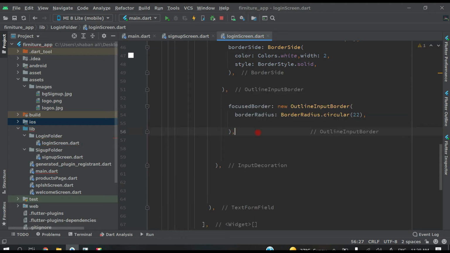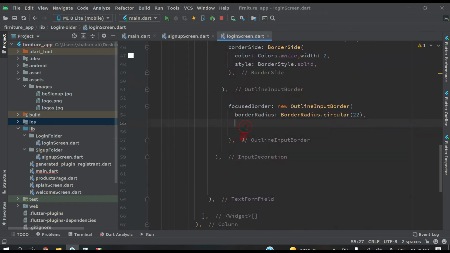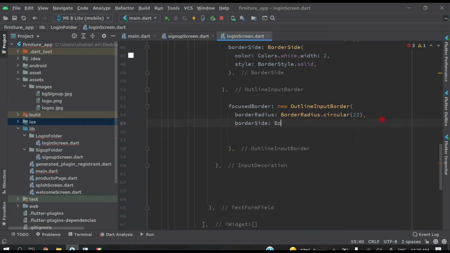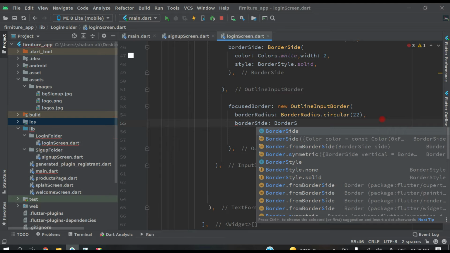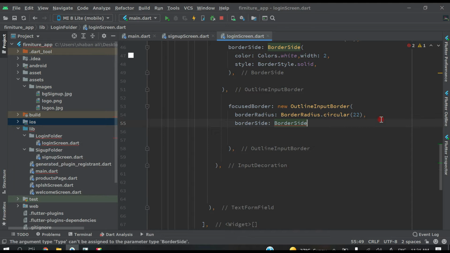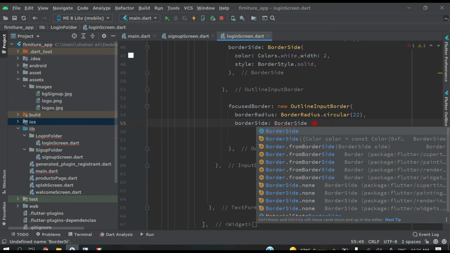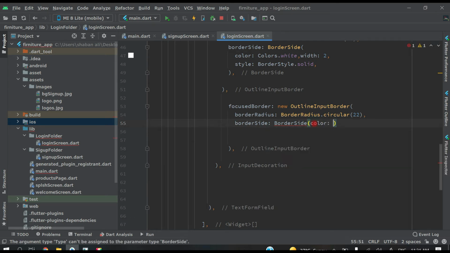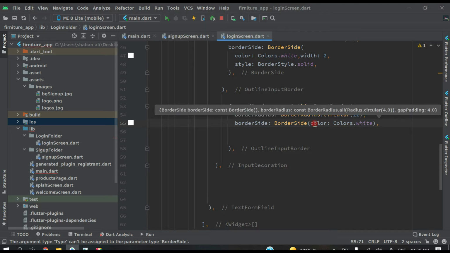let's make it here first, remove all these things here. After this circular, right here border side dot border side open bracket, colors will be white, and that's all.